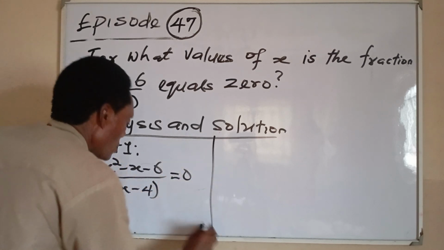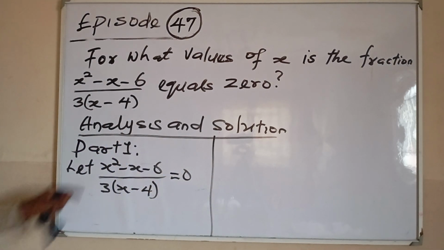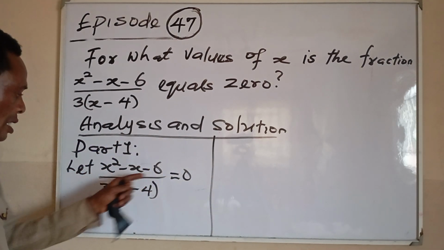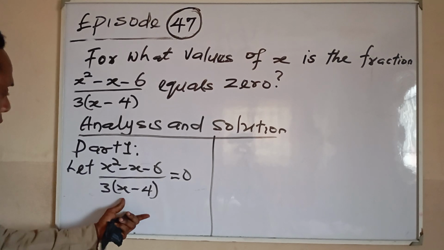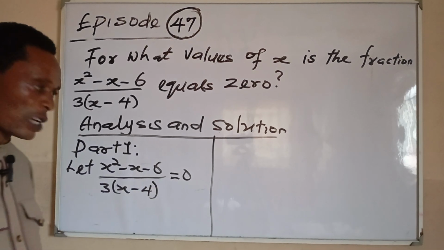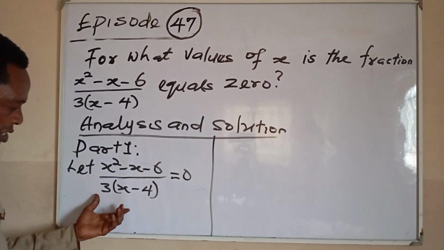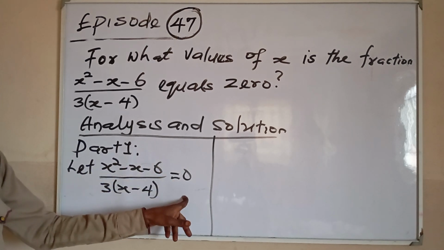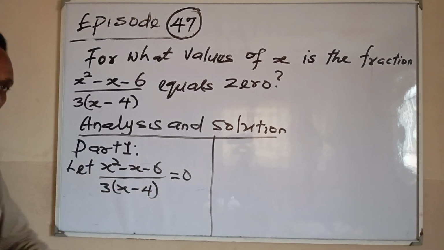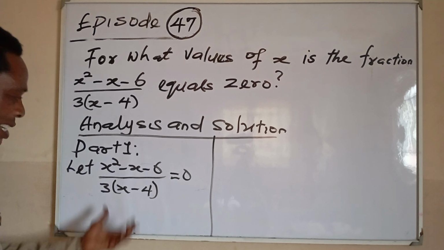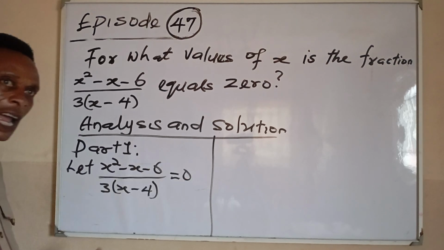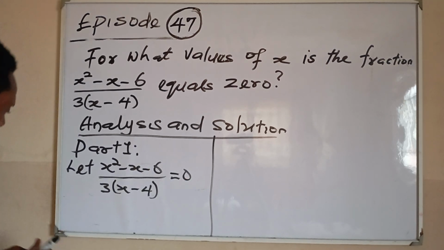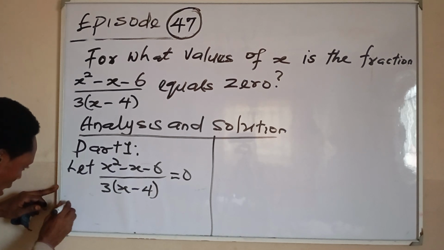So what I have just done: I say let (s squared minus s minus 6) over 3(s minus 4) equal 0. So at this stage, all you need to do is equate the numerator to 0. But alternatively, you can multiply through by the denominator so that you see how it will cancel out. This is what I mean. You can now say, which implies,